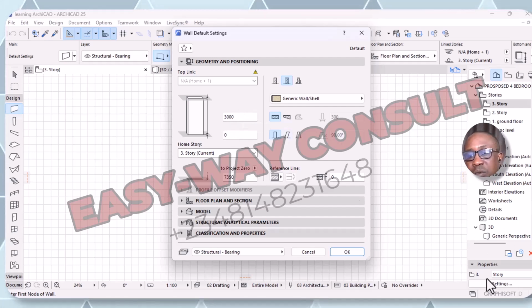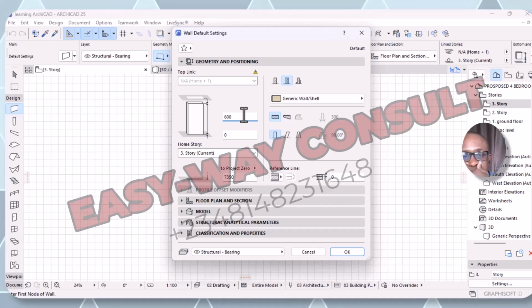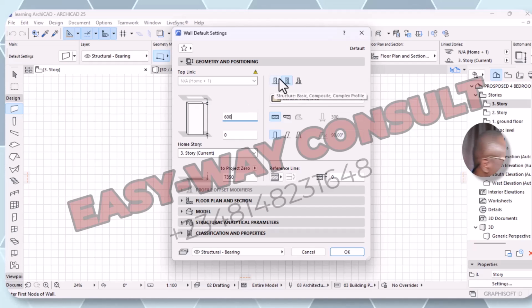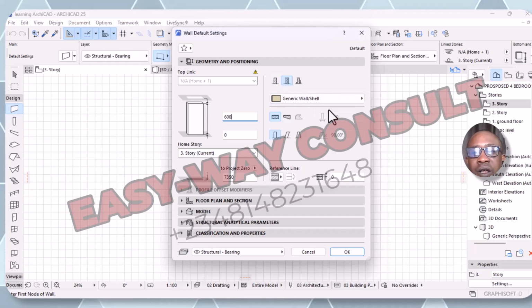So in this case, maybe you go to DPC. This is the DPC wall. So the DPC wall was leveled as 600. So you leave it this way. Then here, if you leave it here, the size and every other thing are not shown. So instead of leaving it in this structural basic, you come here, you click to this,